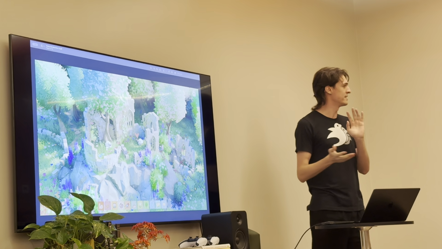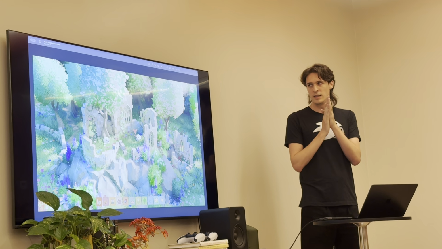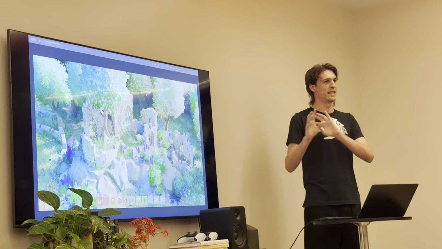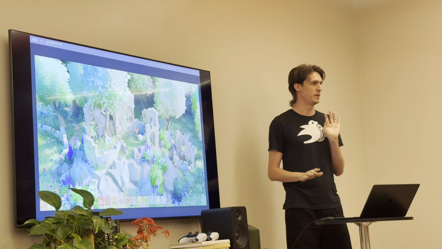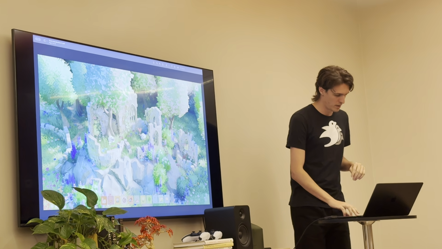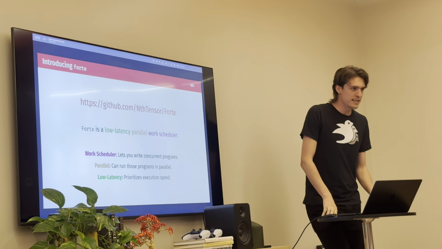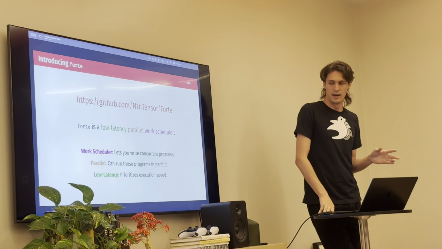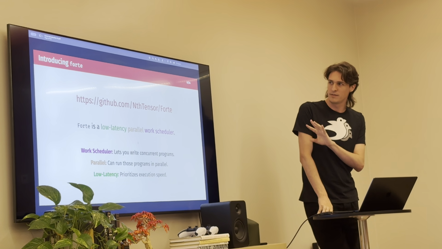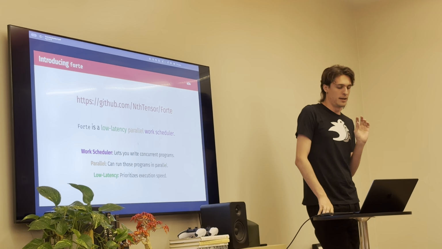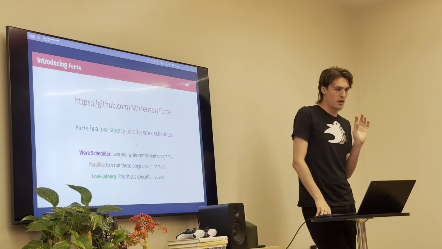Maybe if you're loading assets, that could be a task. These are all, just be thinking about tasks as like little increments of work that you need to complete. The reason I'm talking about this, and the meat of this talk, is that